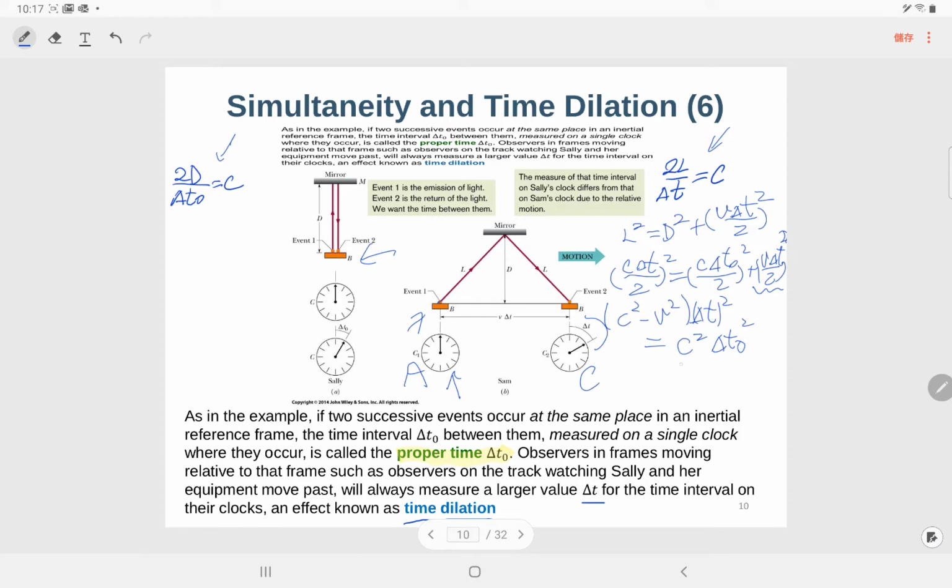So actually we can just move this to the right side, and take the square root on both sides. So finally we have delta t to be delta t0 over